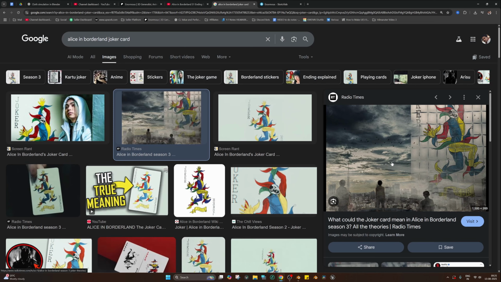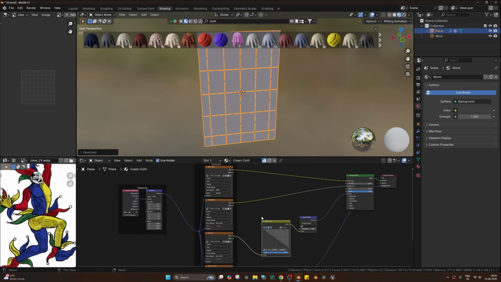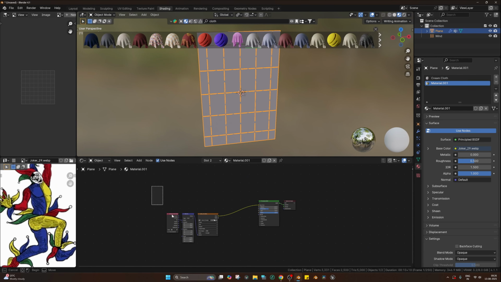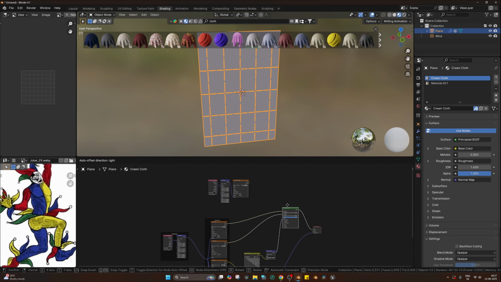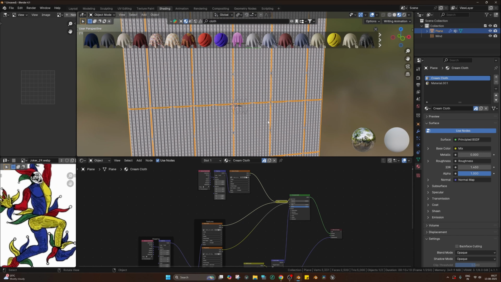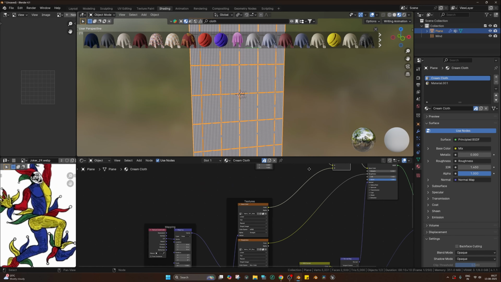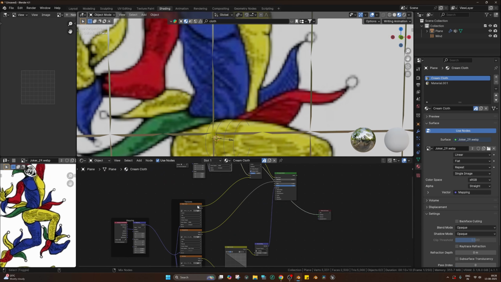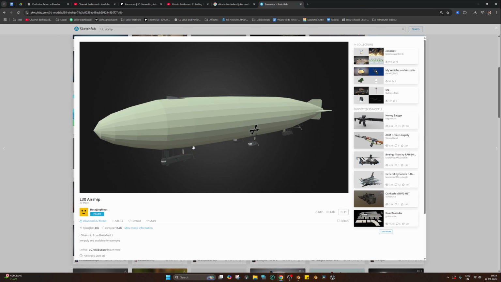For that I used a cloth material downloaded from BlenderKit and merged it with the Joker image I got from Google, and after mixing and matching with a mix shader and changing it to lighting, I got a good texture. And then I used this airship I downloaded from Sketchfab,